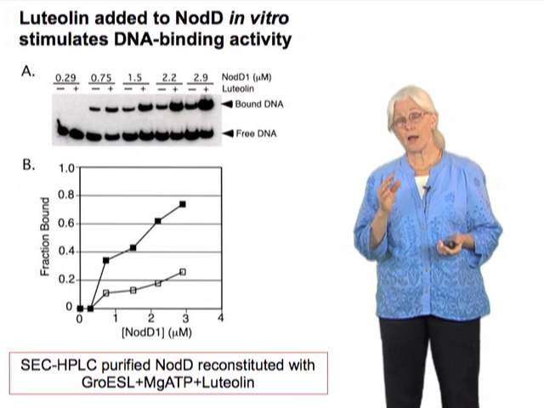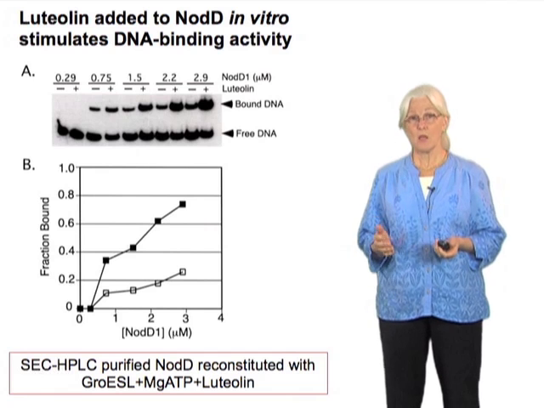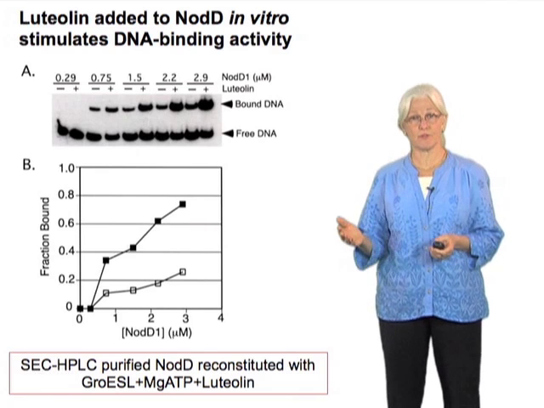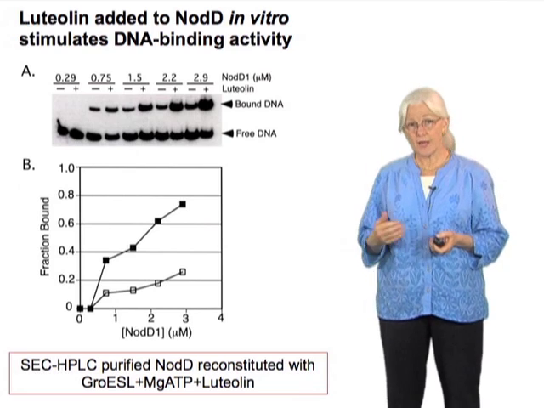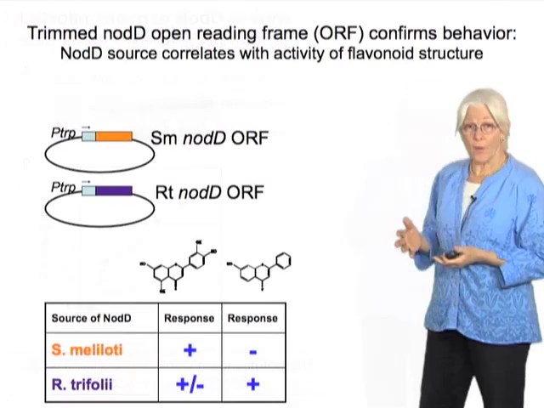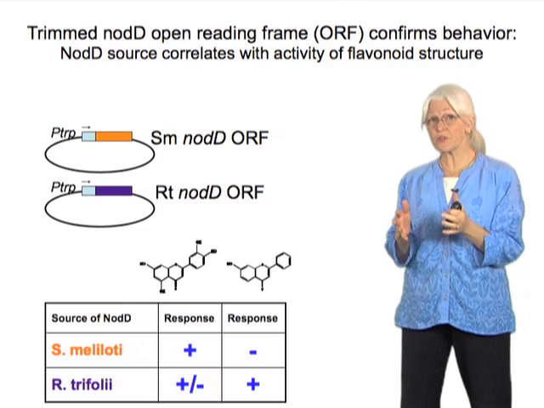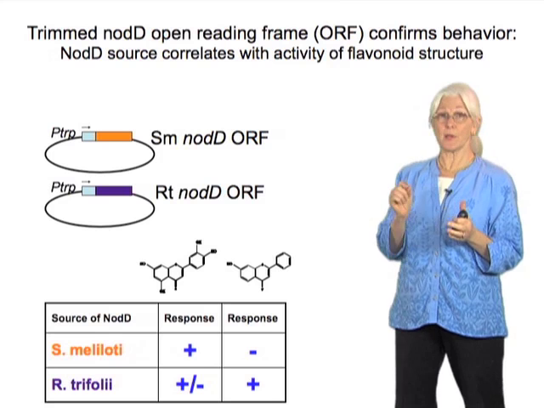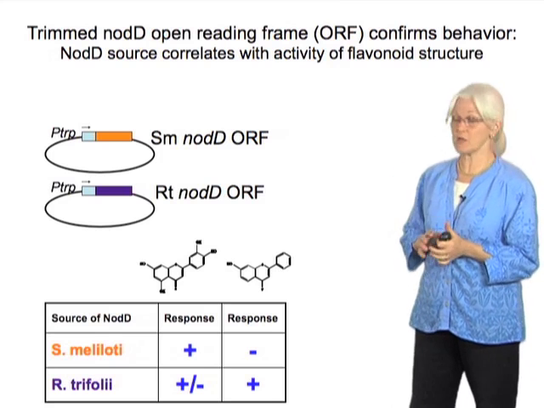But recall, I told you that one of the hallmarks of this system is that it is specific. We know that different plants make different flavonoids. Some of them work in vivo and some don't. Is that due to DNA? Knowing that we should expect any in vitro regulatory system to explain specificity as well as other aspects of NodD activity,